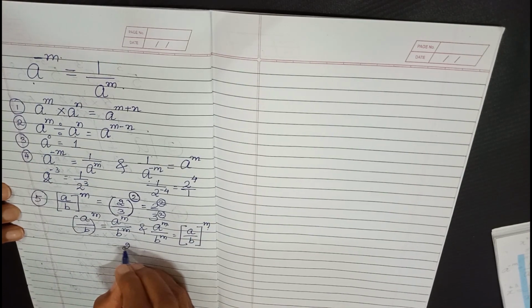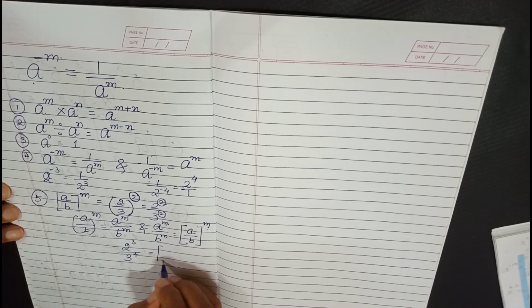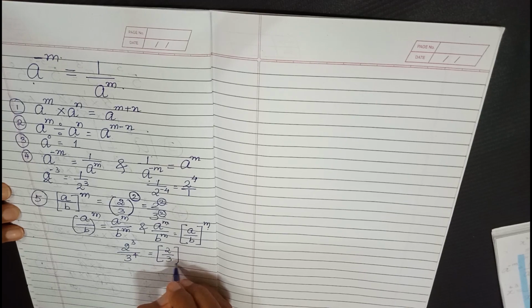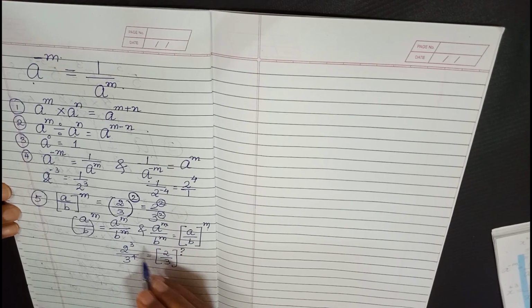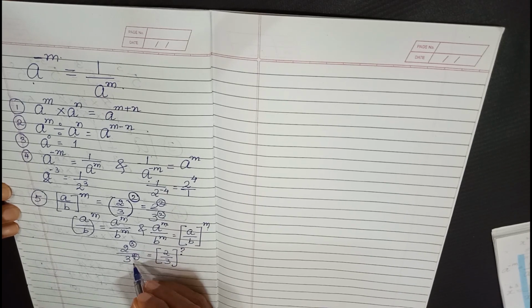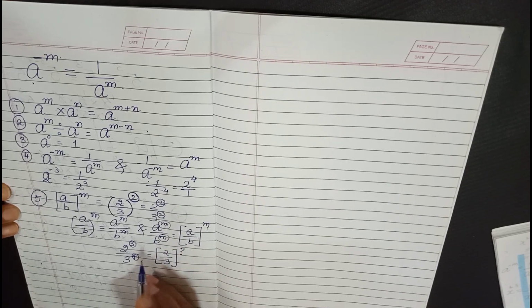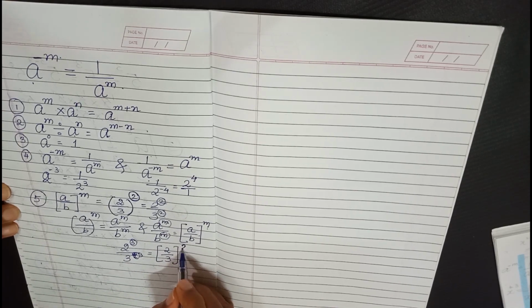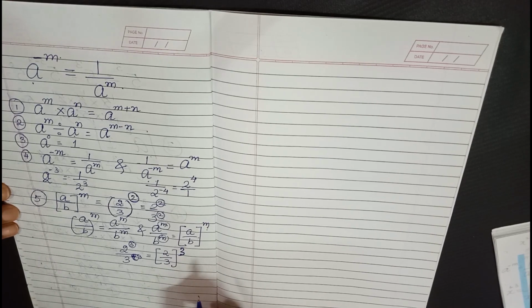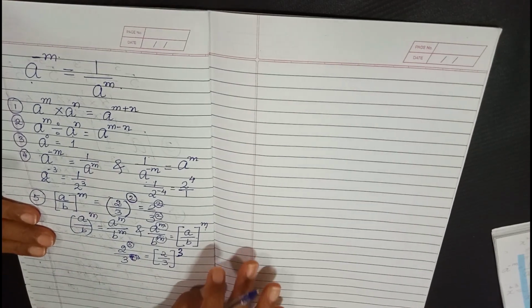Let us say you have something like 2 raised to 3 and 3 raised to 4. Then you cannot say this is equal to 2 raised to 3. What will you write here? 3 or 4? Such a rule cannot be applicable when the power is different. You can use this rule only when the power is same. So here also if we had 3 and 3, then definitely we can write 3 outside. So this is rule number 5.